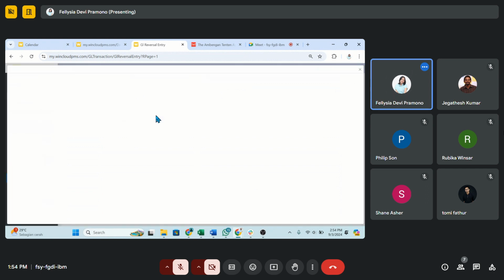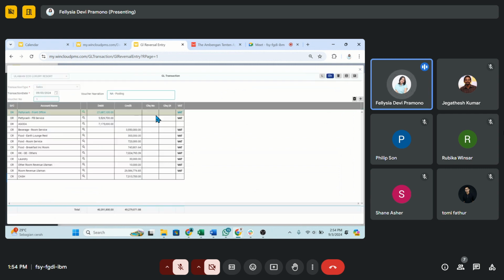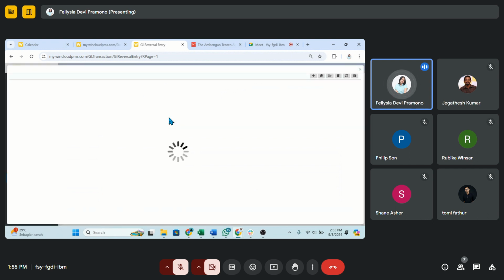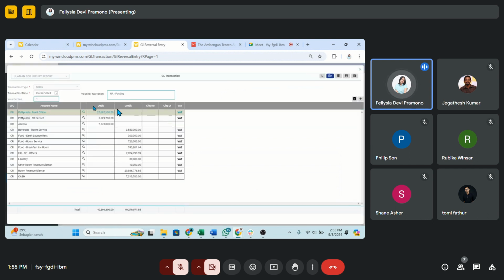To check every detail of the transaction, double click the ledger row, and then it's going to show the details in here. And then you could see the revenue that you receive